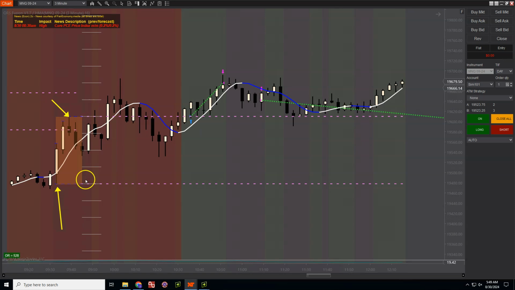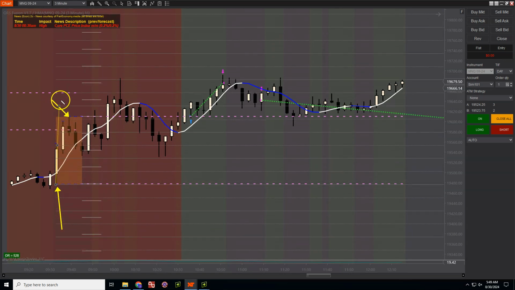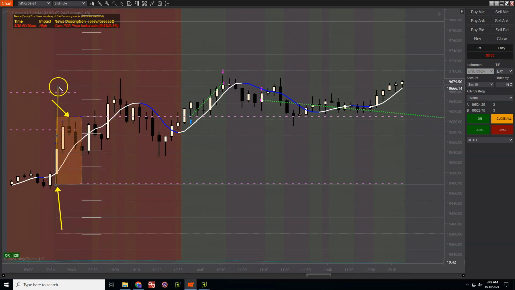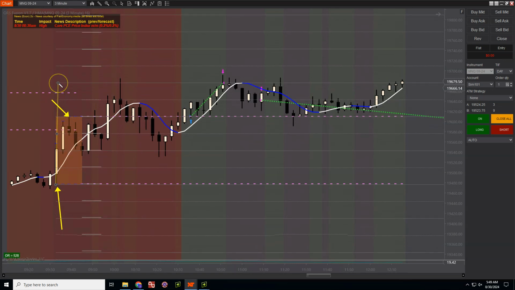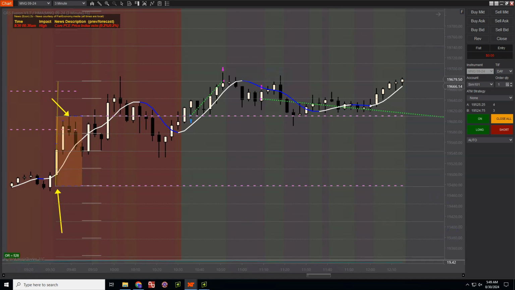Now we can use that fib tool again, F8 for all you folks. Click on the bottom, extrapolate this up just so it matches right about there. It's hard to get it perfect sometimes. But again, when you're trading live, it's going to plot all these lines for you. Okay. So we can see our opening range on this particular day was